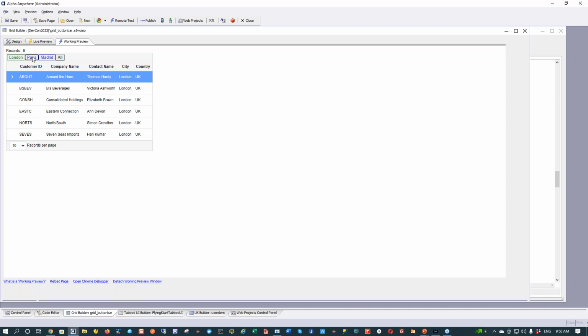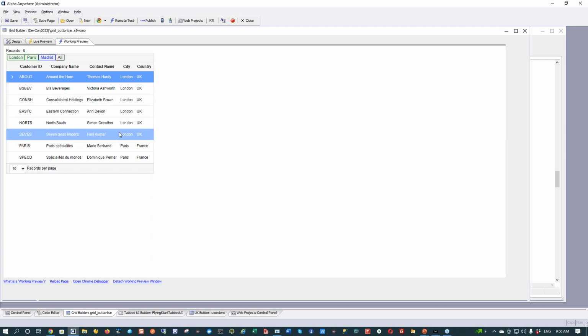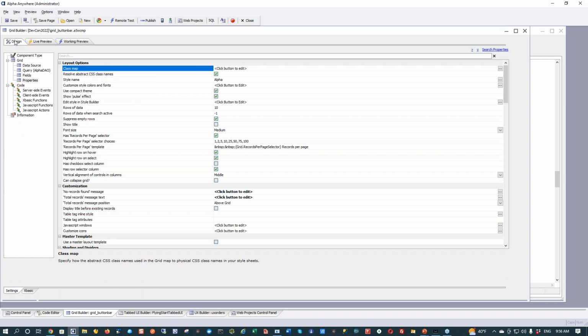So now if I press Paris, you can see that it's now London or Paris, and we have styling on those two buttons to indicate that they've been pressed. So let's go take a quick look at how this was actually done. So if we go back now to